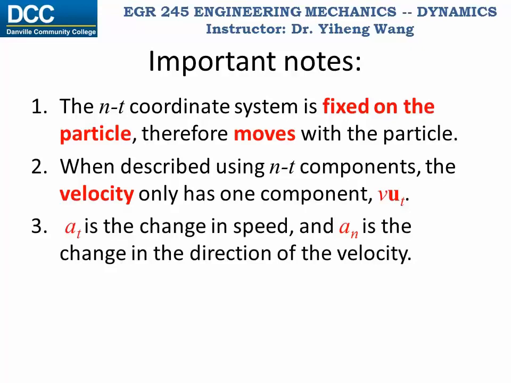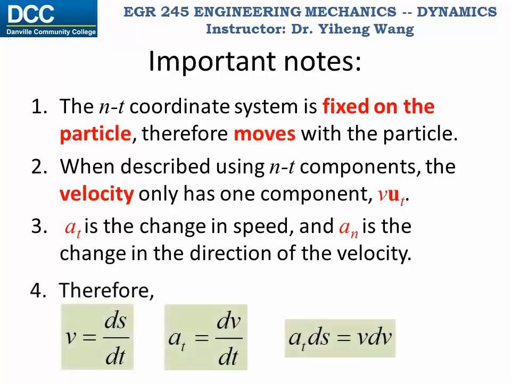Third, the two components of the acceleration have distinct meanings. a_t only describes the change in the magnitude of the velocity, or the change in speed, and a_n only describes the change in the direction of the velocity. And because the tangential acceleration fully describes the change in the magnitude of the velocity, therefore, as an important conclusion,